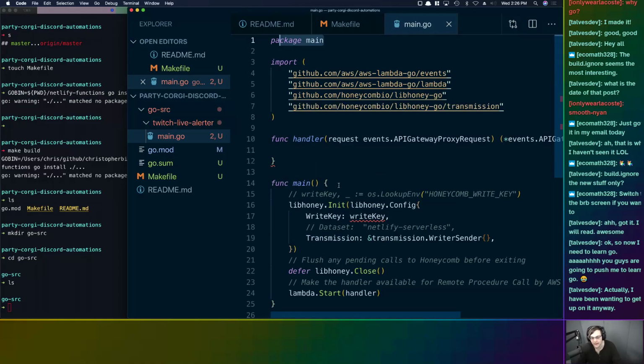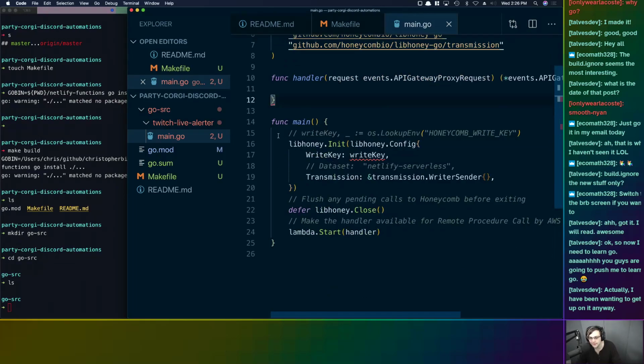And the way that it works is the AWS Lambda infrastructure that Netlify functions runs on runs this main function once, and then runs the handler a bunch of times. So that's why we're doing the initialization of our basically observability tool in main,